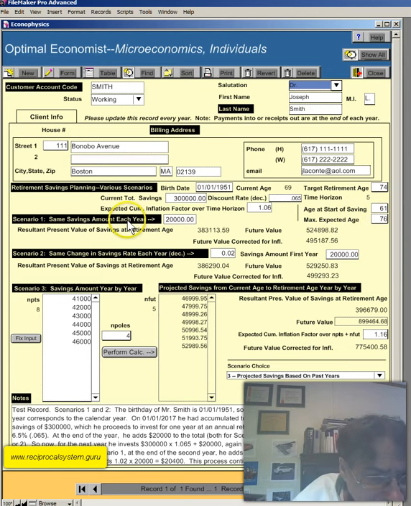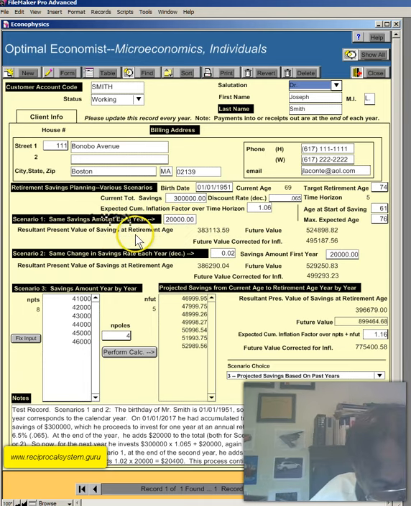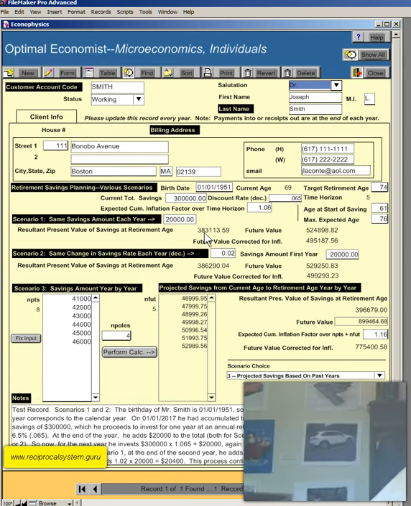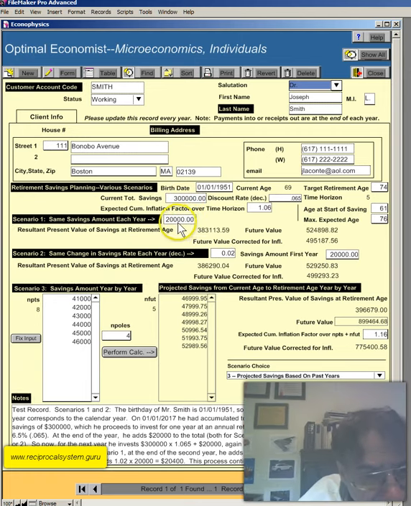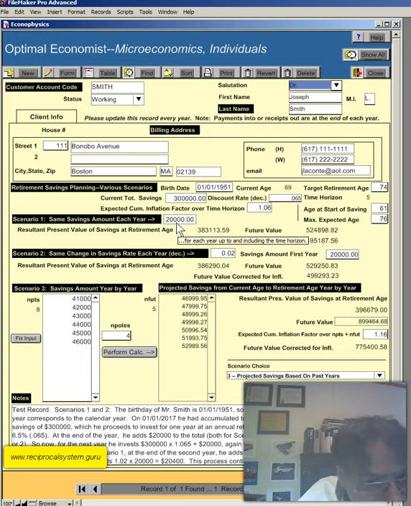All right, so here's the first scenario: the same savings amount each year. He socks away $20,000 each year. So the resultant present value of savings at the retirement age would be $383,113.59. Now, why is that? Because he comes to you with $300,000, but he's saving another $20,000 past that.